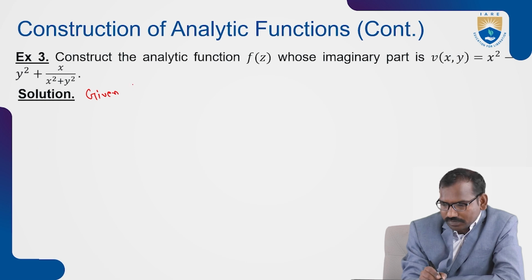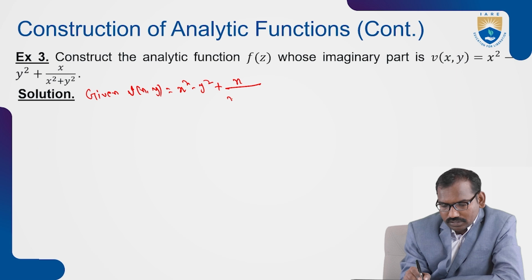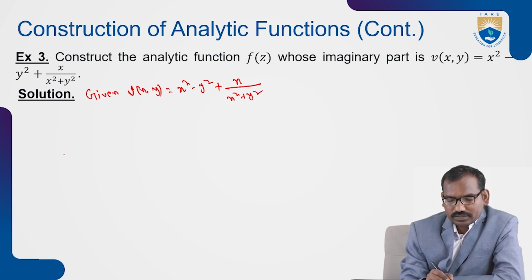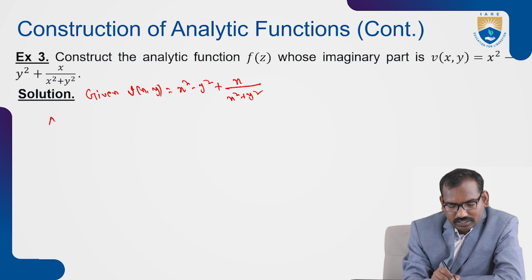Here, given that v of x comma y is x square minus y square plus x upon x square plus y square. So what is required to apply the Milne-Thomson method? I have to find the partial derivatives of v with respect to x and y. Okay, I'm going to calculate this. Now v sub x,